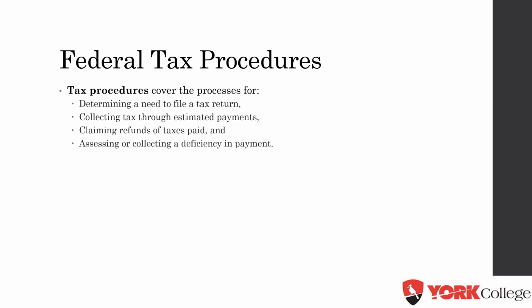So, now that we have a good understanding of the overall federal tax authoritative hierarchy, we move on to the second section of this lecture, which is federal tax procedures. I will be covering this relatively briefly, and I'll only be focusing on filing requirements and claiming refunds. But just know that these 4 bullet points listed as processes for federal tax procedures are determinations and